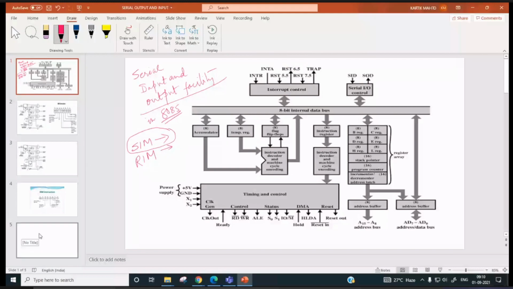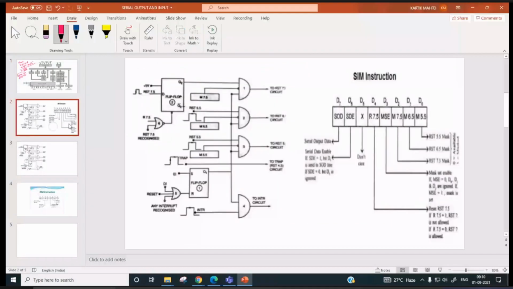We will discuss what interrupt mask is in detail after discussing this serial inputting and outputting.